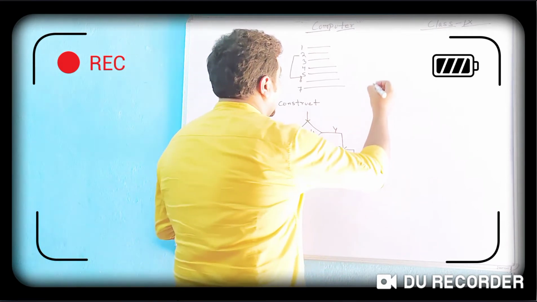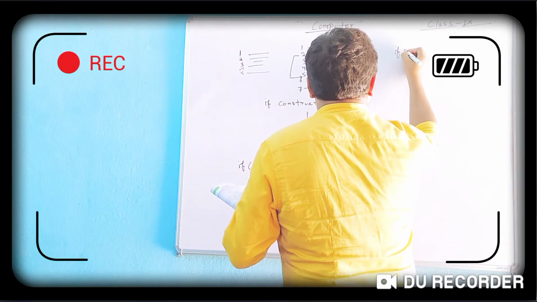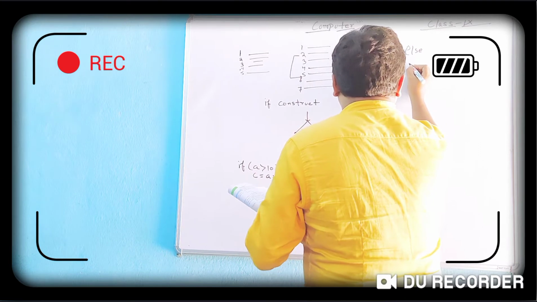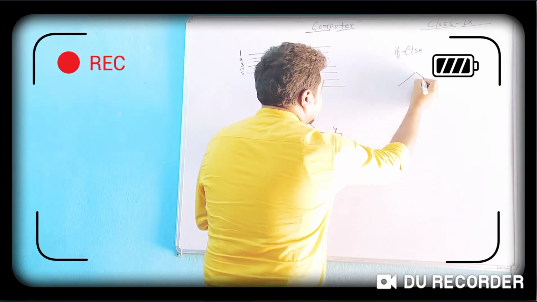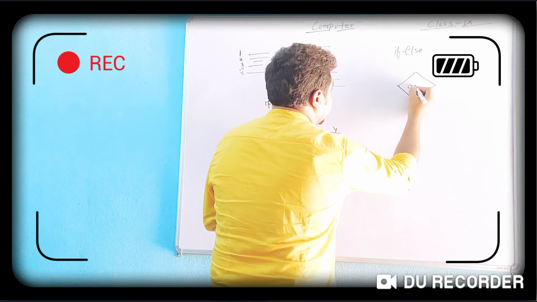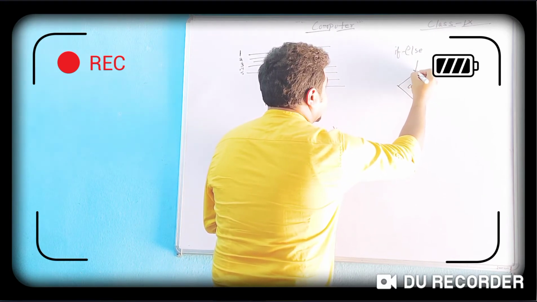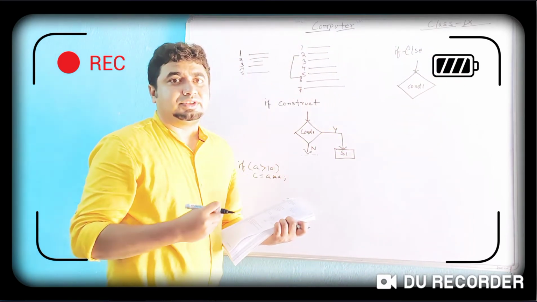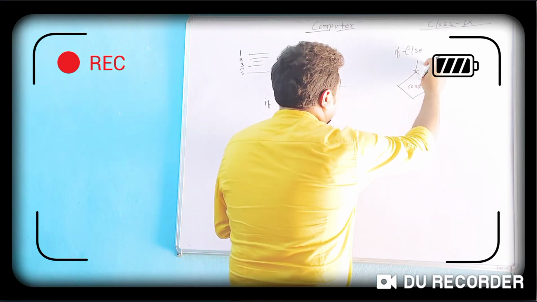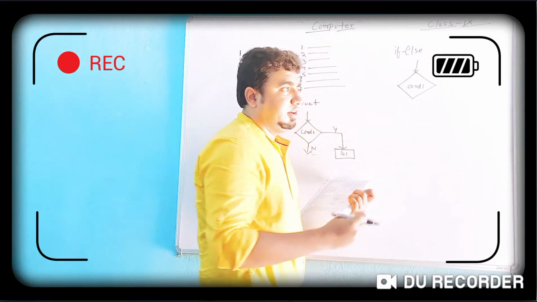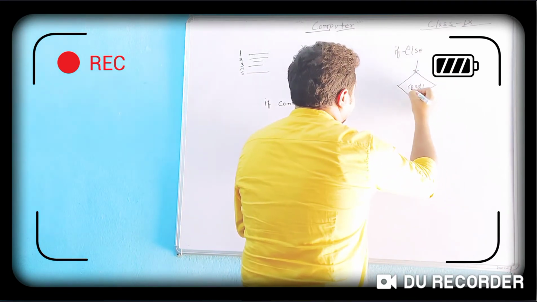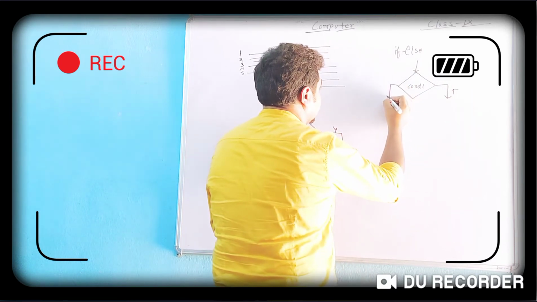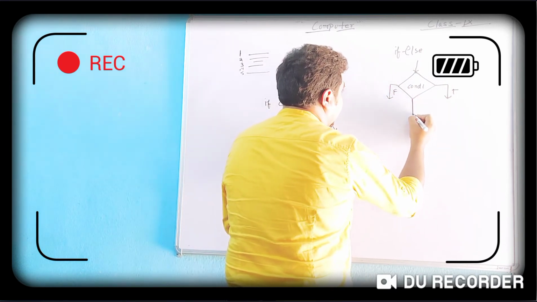Now the second construct is if else. How does it work? Again it will be checking the condition first. The flow is coming, certain lines are written, public static void main, the class name, all of these are written here, and then the flow comes directly to the condition. On the basis of the condition, it will be either true or false.